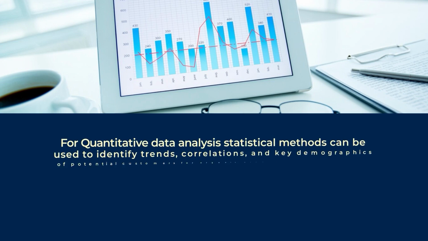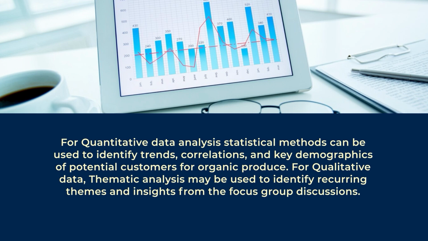Once the data is collected, data analysis can be planned. For quantitative data analysis, statistical methods can be used to identify trends, correlations, and key demographics of potential customers for organic produce. For qualitative data, thematic analysis may be used to identify recurring themes and insights from the focus group